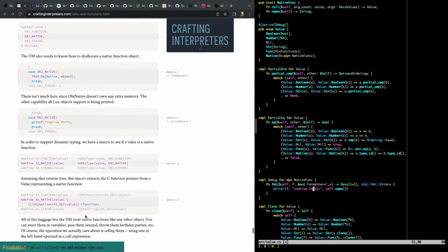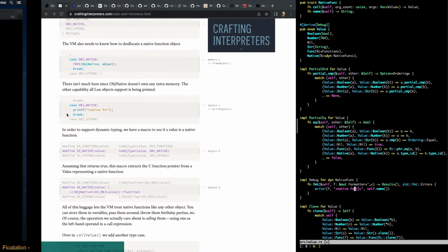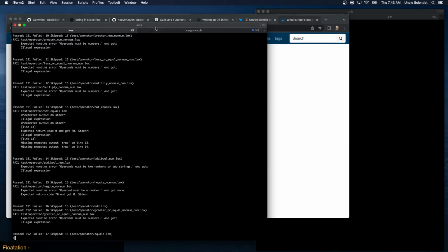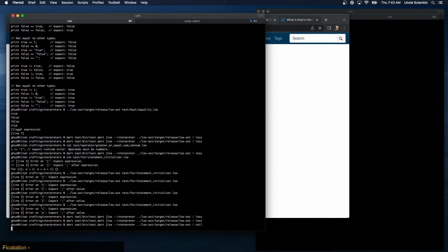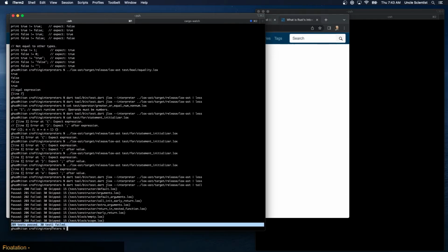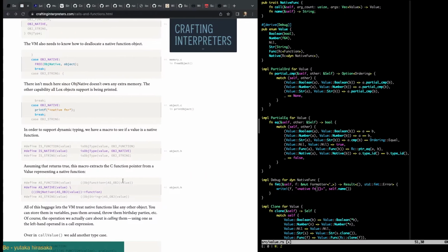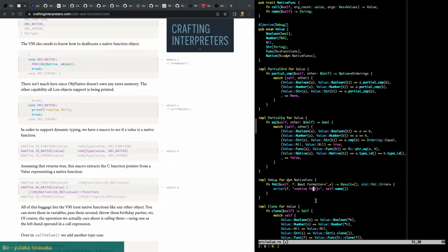Oh, this might present problems when we run our tests. So if we look back here, this was something we were working on, the test suite for the JLOX code. We still have work to do. Let's let that run. You can see we still have 30 tests to clean up. A whole bunch of things get skipped, apparently, in the JLOX version. Anyway, so it might be looking for just native fun. So maybe we just leave it like that and ignore the name. We don't need the name.